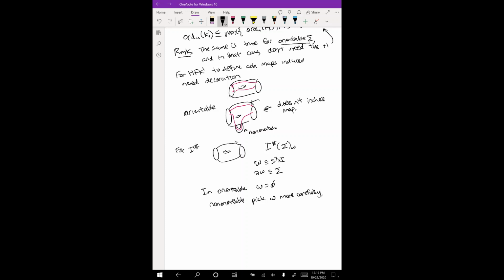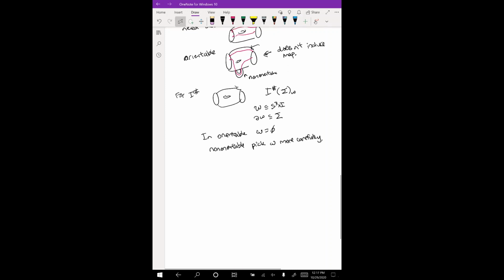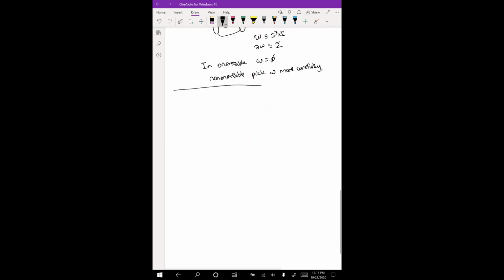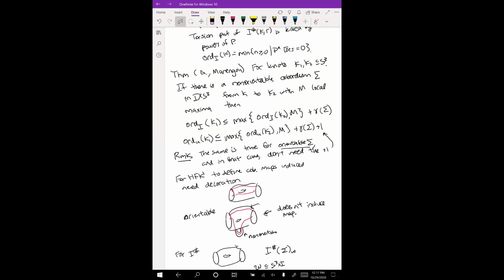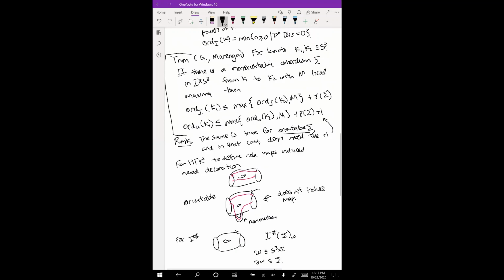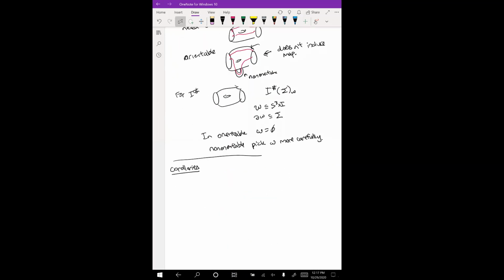Okay, so before I talk about how to show this, I'm going to talk about a few corollaries of this theorem. The theorem gives a bound for the number of maxima, so in particular, you can immediately make a conclusion about ribbon cobordisms. So, corollary: for a ribbon cobordism sigma, which means a cobordism with no local maxima,